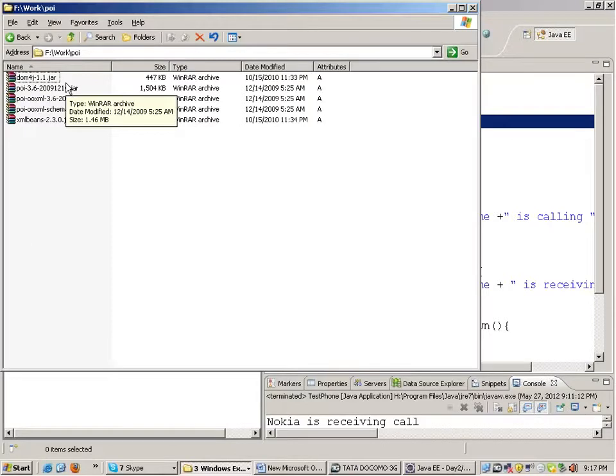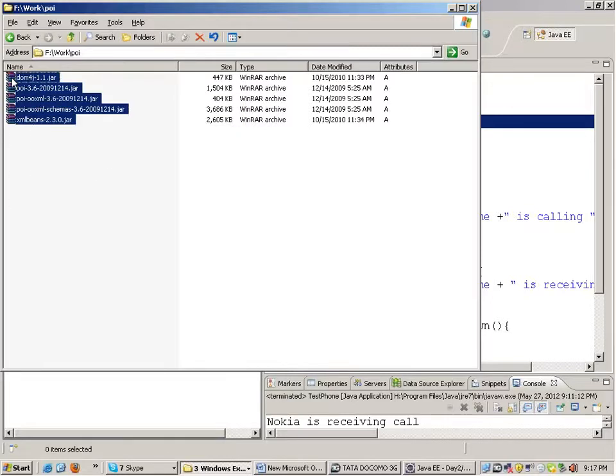They look like a zip file in my machine, but they are jar files. Each of the jar files will have many class files in them. So what we do is include these jar files in the project, and then we can use the classes inside these jar files and easily code.